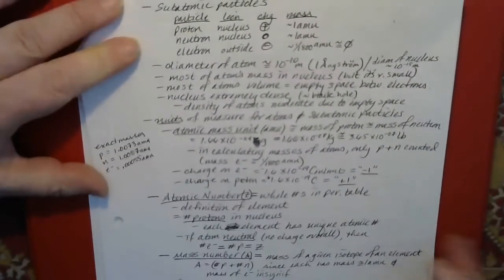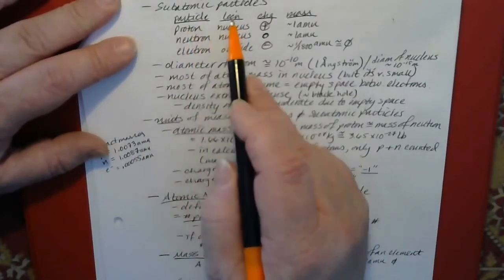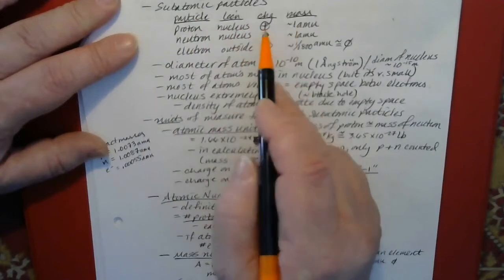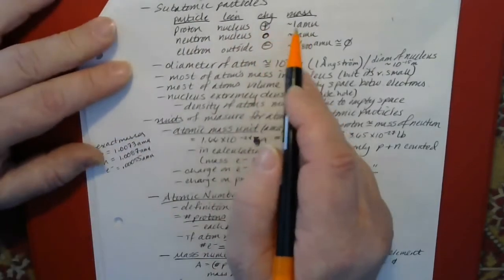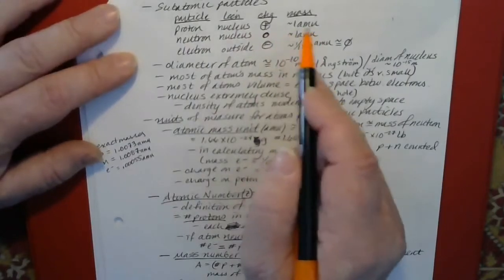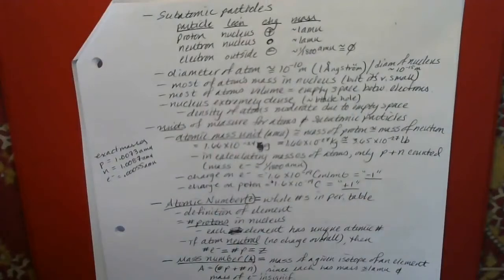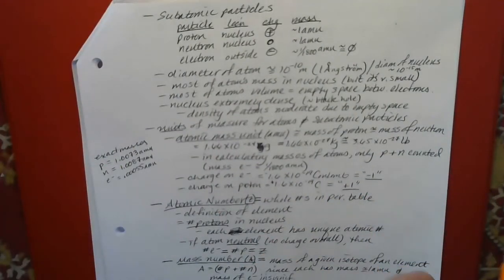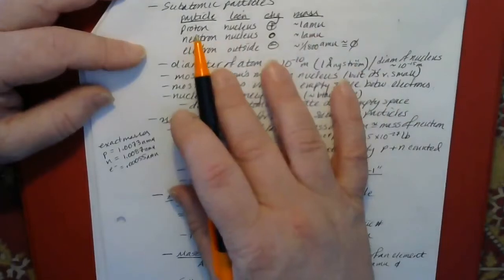So as a kind of summary, we've got particles: protons, neutrons, and electrons. The location for a proton is in the nucleus. It has a positive charge, a charge that we usually state as +1, and it has a mass of about 1 atomic mass unit. An atomic mass unit is just a term that's used for simplicity, and it's equal to the mass of 1 proton or 1 neutron because they have about the same mass. So we call that 1 atomic mass unit for the mass of a proton.